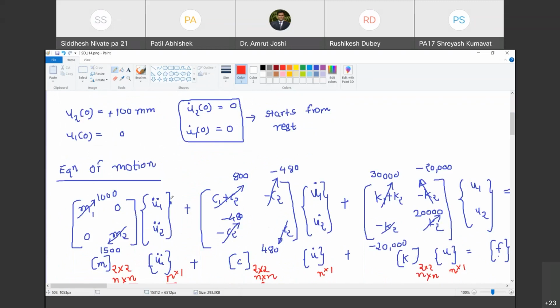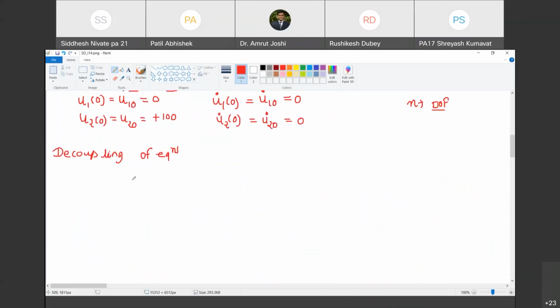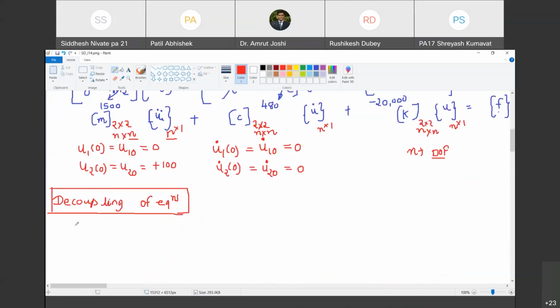Yes, sir. So therefore, any system having degrees of freedom greater than 2, we are not going to solve by pen and paper. We are going to solve it through a program, which we will develop. Are you with me? Yes, sir. Okay. Now, having said that, let us go ahead. Now we are going to attempt decoupling these equations of motion. Are you with me? So, अभी कैसे देखो, if I look at this system now, it is two